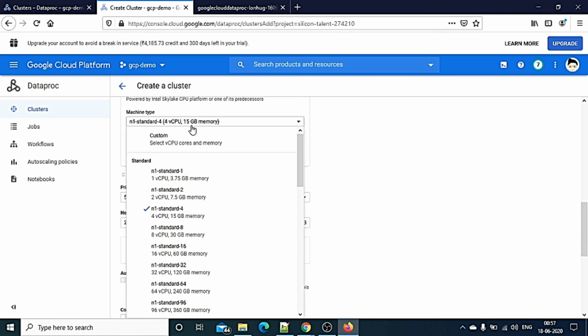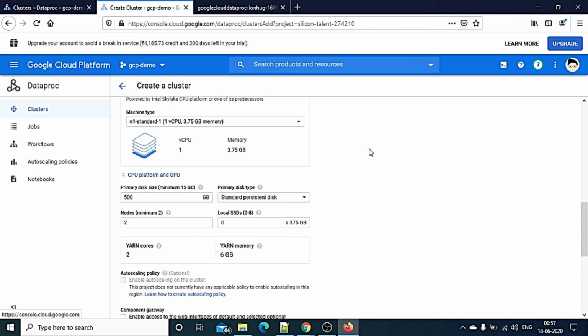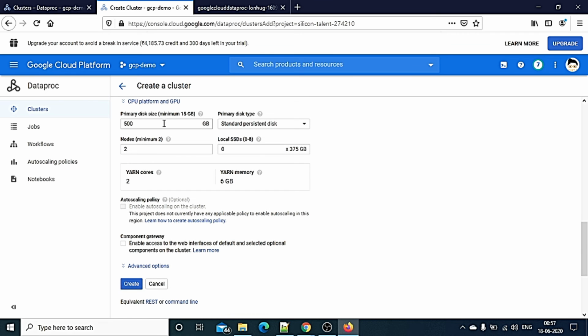Let's say the basic 3.75. So I've selected this one. Again, I'll select 20 GB. Minimum you can define 15 GB, but I'll select 20 GB, the standard persistent disk.